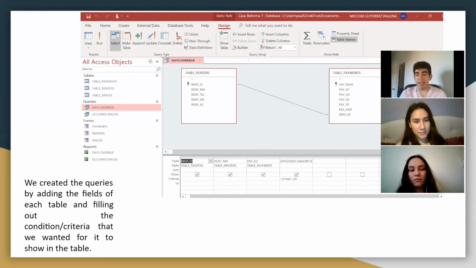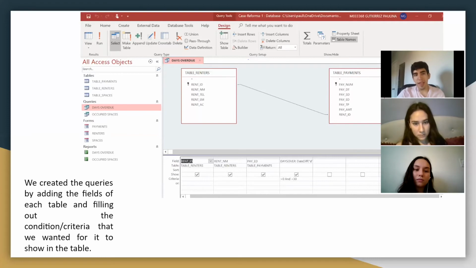So we added the following fields, which were the renter ID, the renter number, the payment end date, which is the last date that the period corresponds to, that the renter actually had to occupy the space and that was really paid. And then we used a function. So here we added a new field, which was days over, corresponding to days overdue. And we used a function, date difference. So what that did was that it subtracted the current date and the end date to find how many days